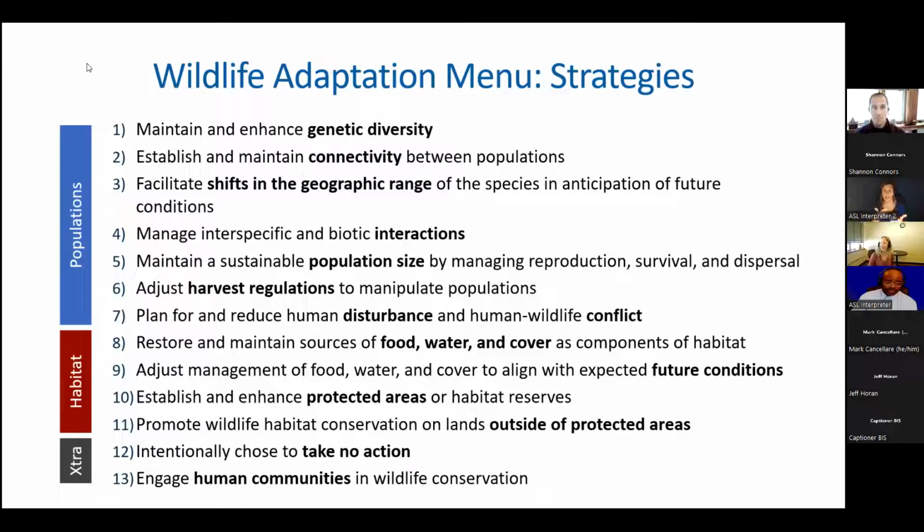We had another question, or at least a comment from someone who's saying, we need this tool for the Pacific Northwest, including shrub steppe ecosystems. And so I'd be really curious, Stephen, having gone through this process with the Wildlife Adaptation Menu and all the conversations you've been having, and even last week talking with folks at the TWS meeting, how far can we stretch this menu comfortably versus where would we need to think about maybe other resources? Yeah, so that's a good question.